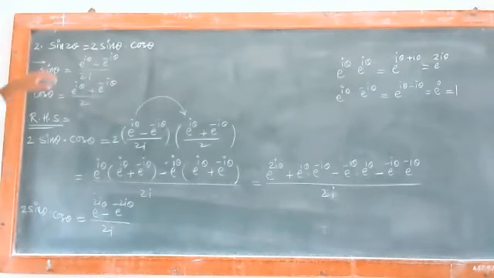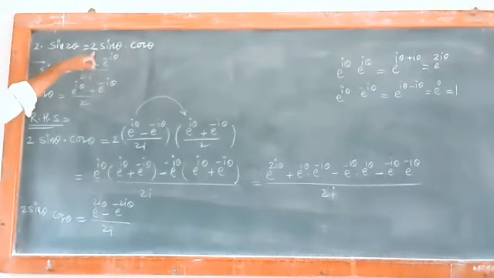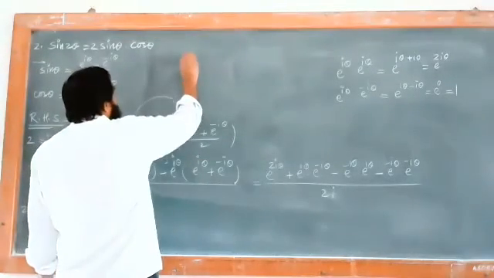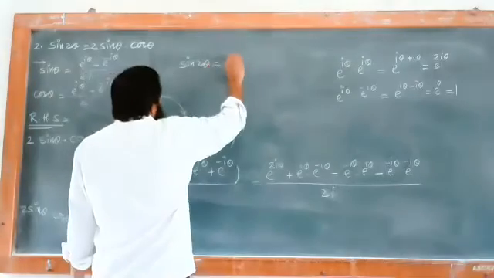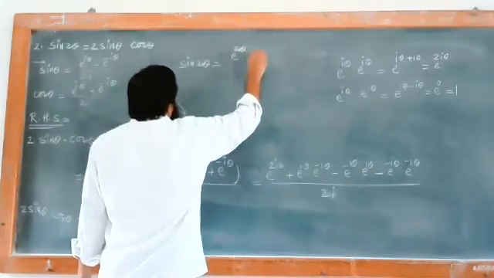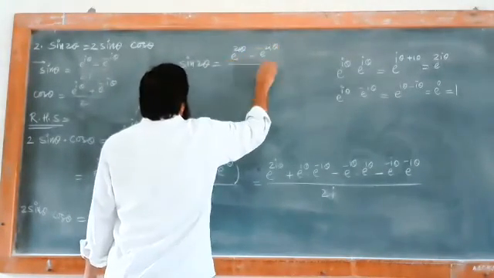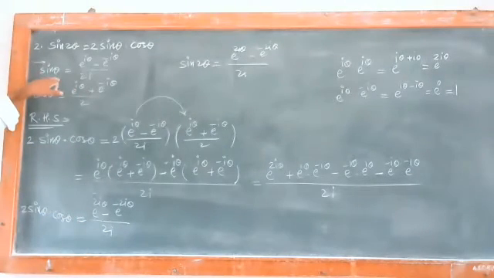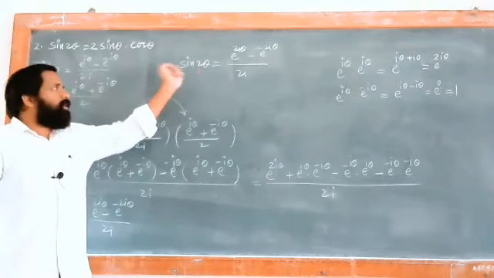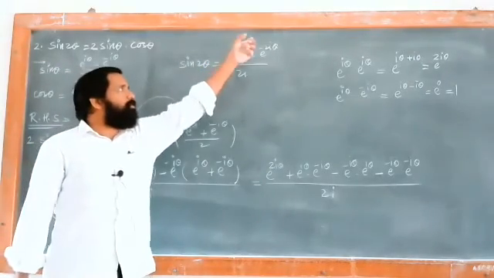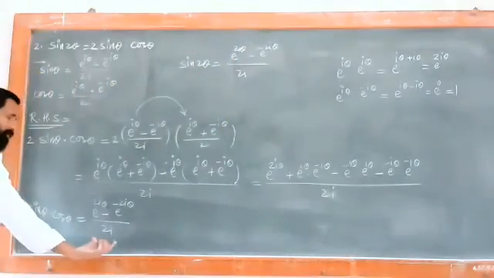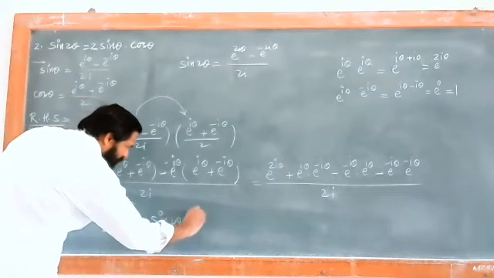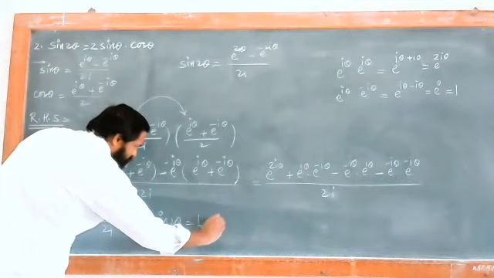What do we have to show? We have to show that this equals sin of 2 theta. Now if sin theta is this much, what will sin 2 theta be? So sin 2 theta is nothing but e raised to twice I theta minus e raised to minus twice I theta divided by twice I. Is everyone following? Sin theta is this much. What about sin 2 theta? Sin 2 theta is nothing but e raised to twice I theta minus e raised to minus twice I theta divided by twice I. And so we can write this is equal to sin of 2 theta, and that is nothing but your LHS.